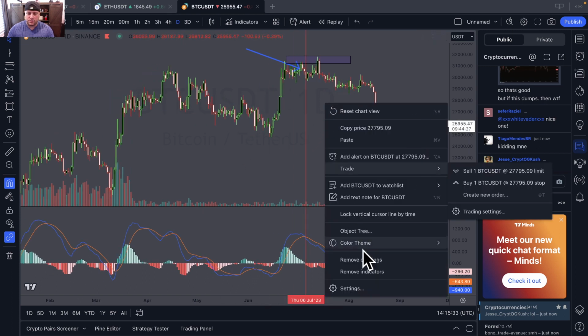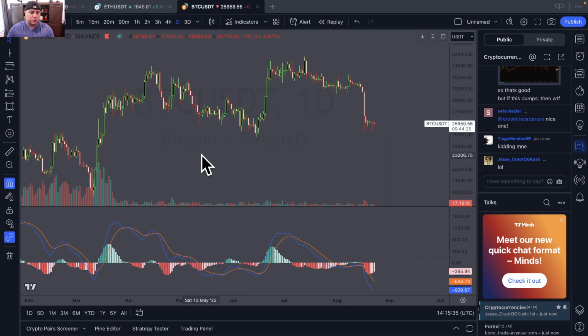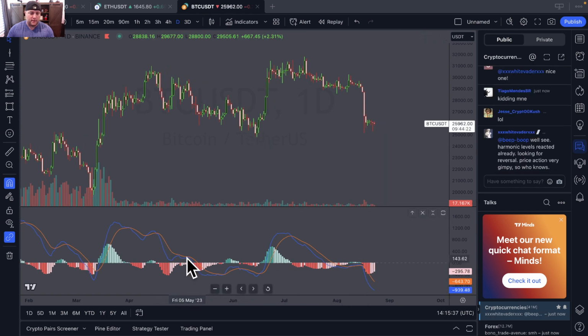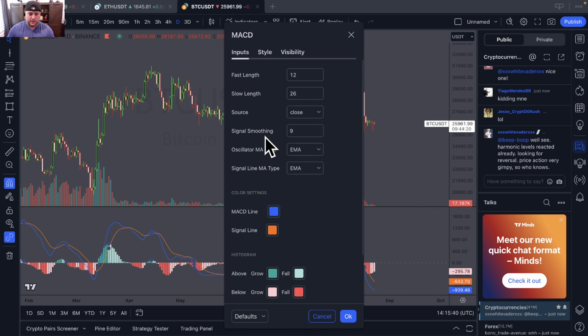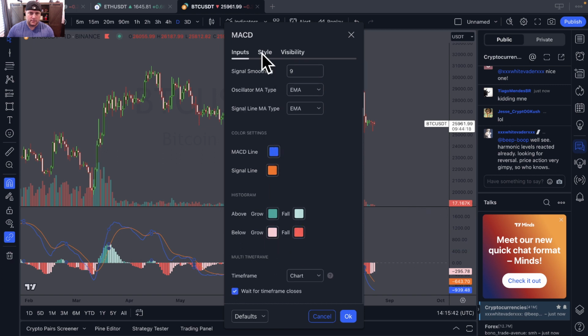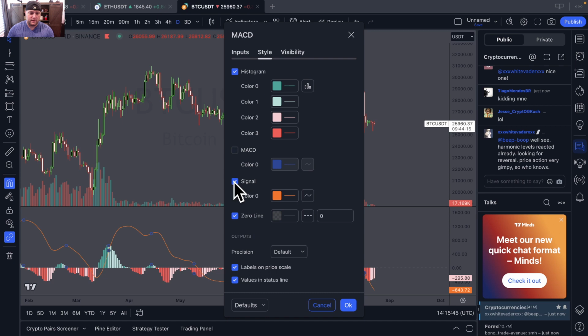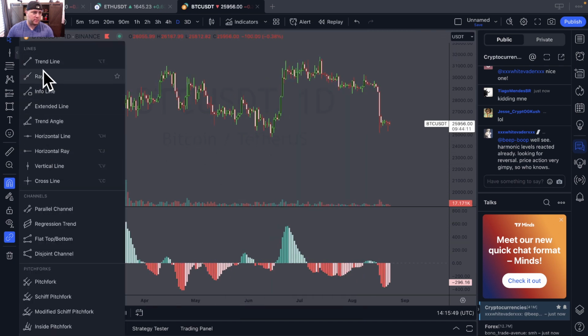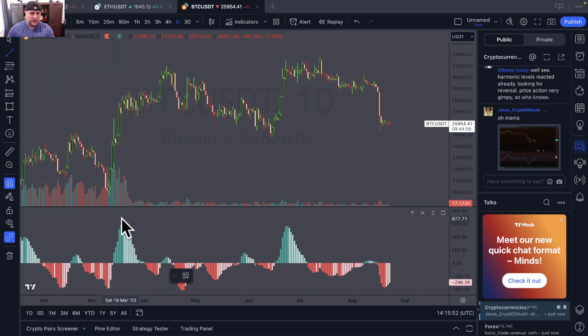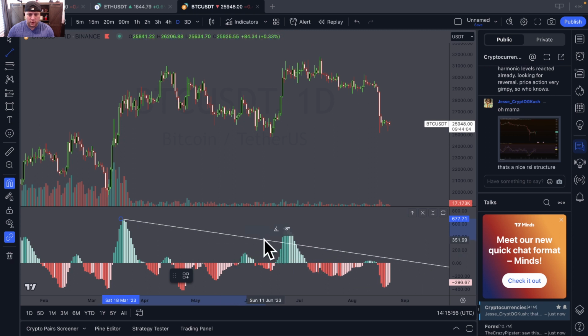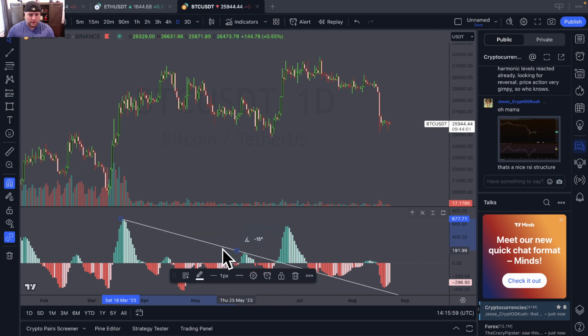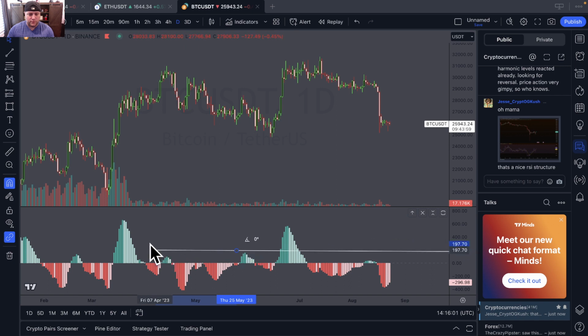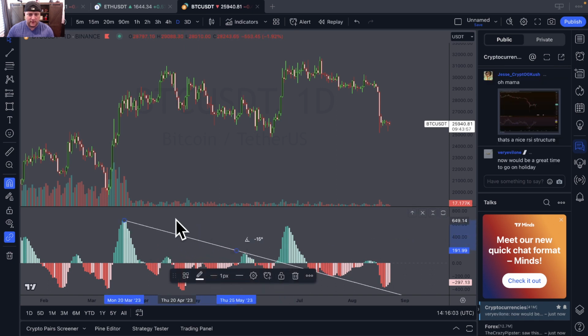Another trick that I want to show you is you can use, let me hide the MACD line and the signal line, and now we have just the histogram. Another tool that you could use is that you can see right here, you really want to have a deeper one right here. You can see right there. You can even use this one if you choose to, but right here you can see that we have two nice size